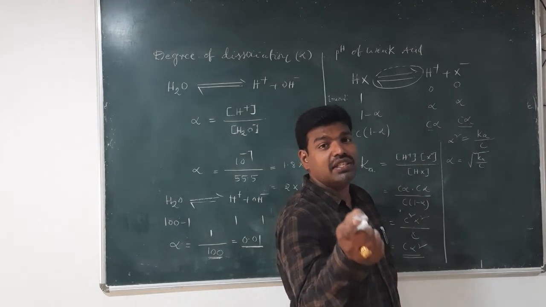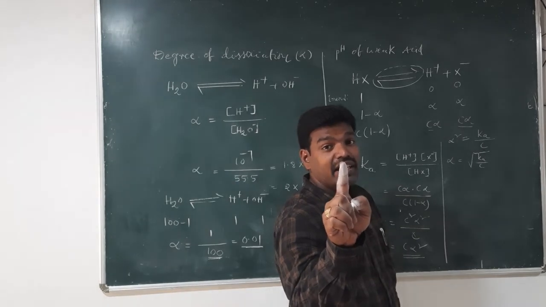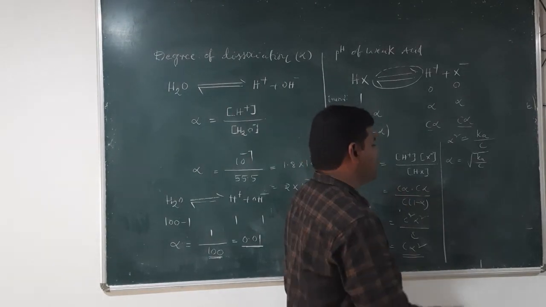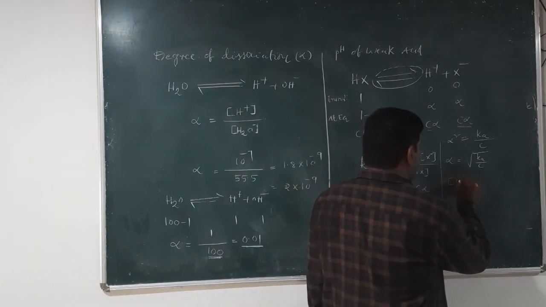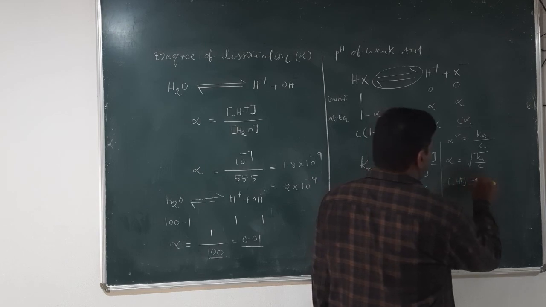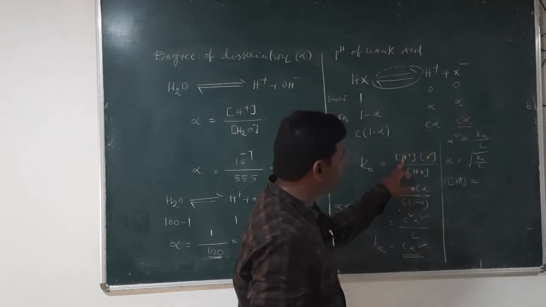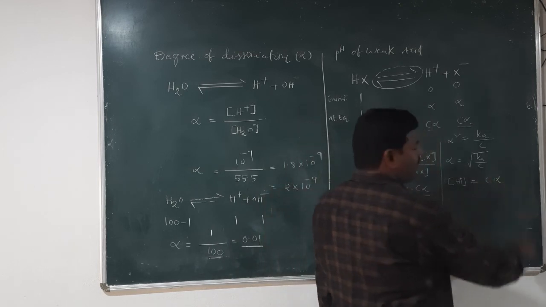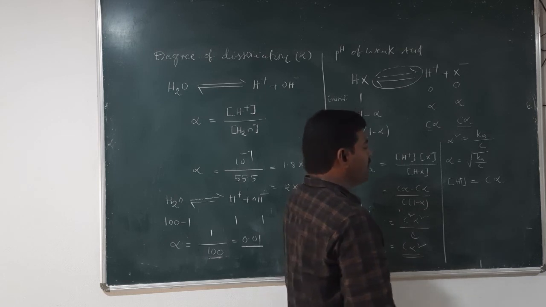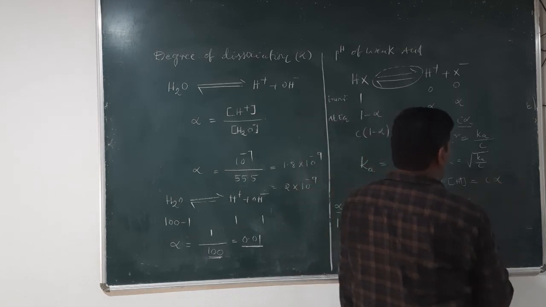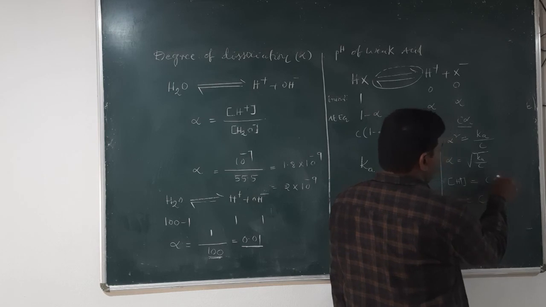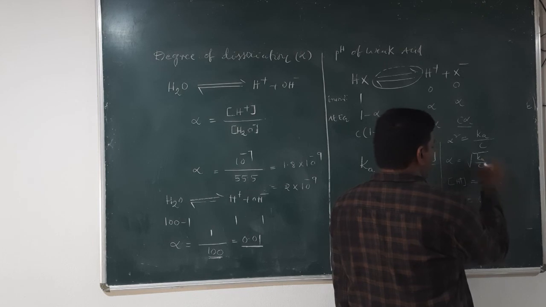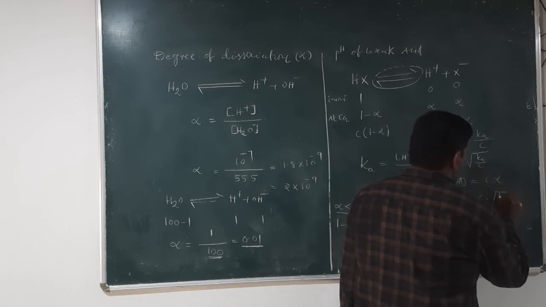For the calculation of pH, we need the concentration of H plus ions. What is the concentration of H plus ion? C alpha. So the concentration of H plus ion is C alpha, and if we substitute the value of alpha, that is root Ka by C,